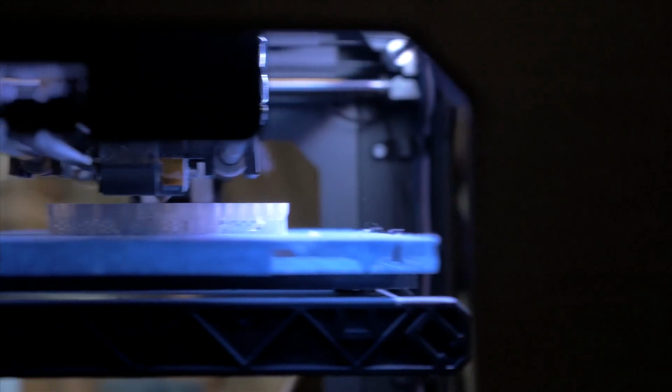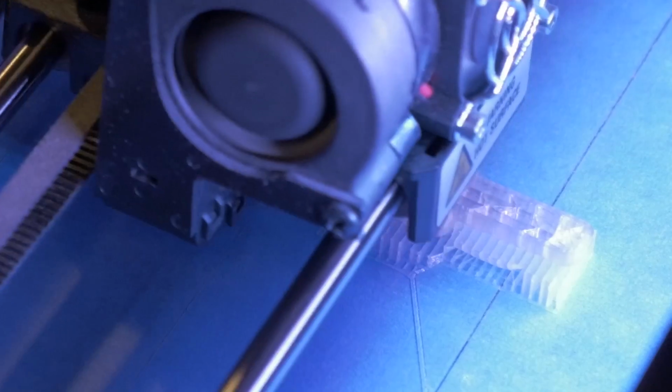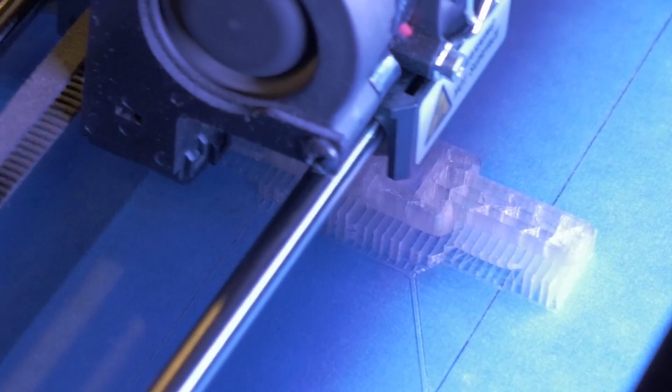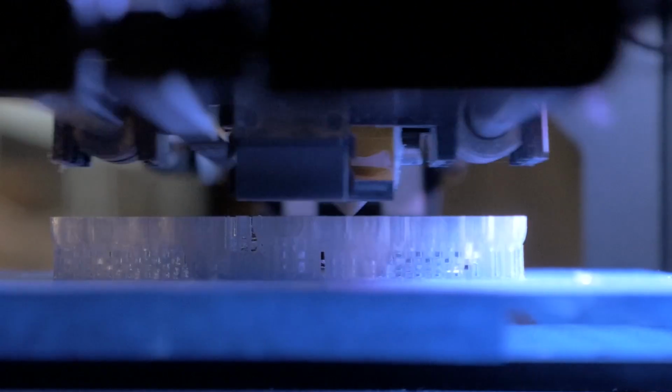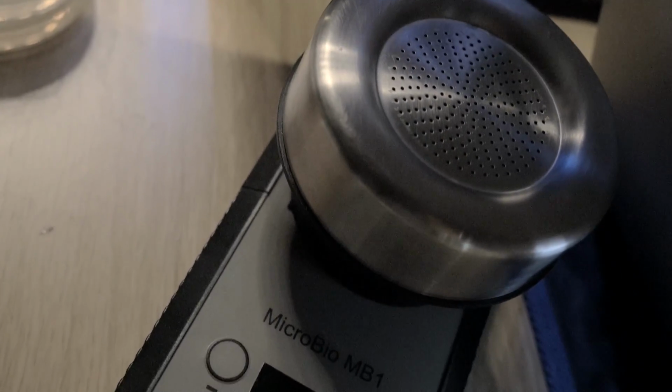But we've got the 3D printer there because we've been looking at 3D printing the parts, so that you can make them cheaply and very specifically and light, such that it can go up on the rocket and be stronger but lighter. He's got an air sampler there, so when we were in the desert we were sampling the desert air